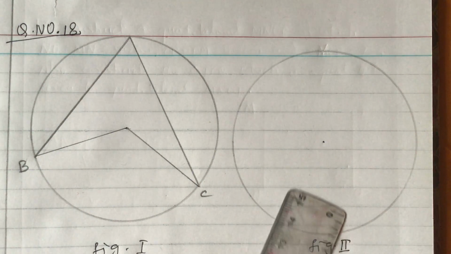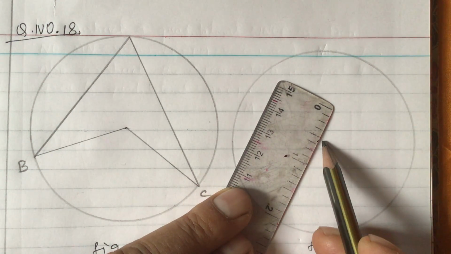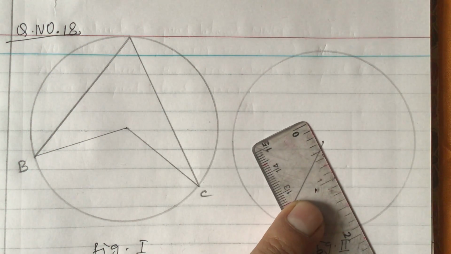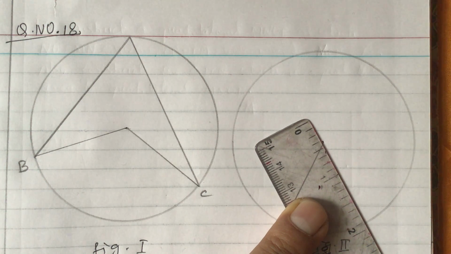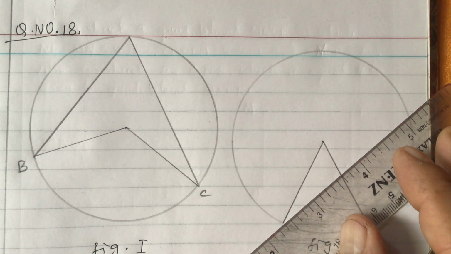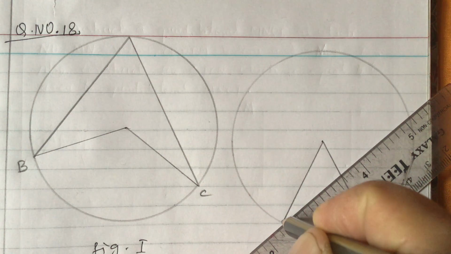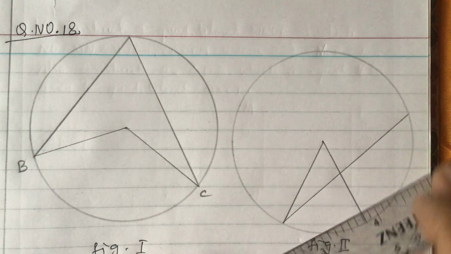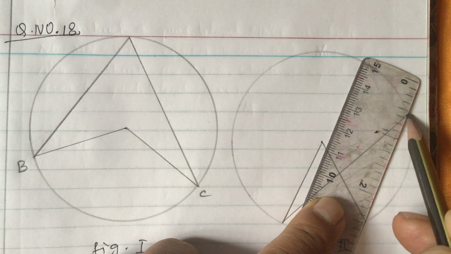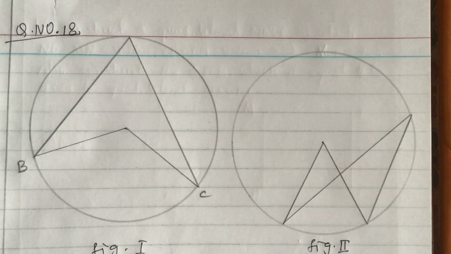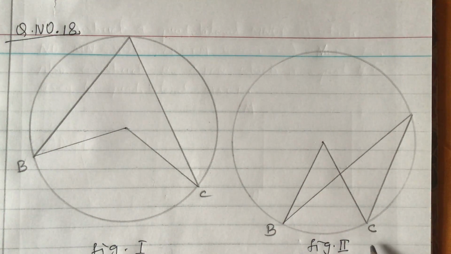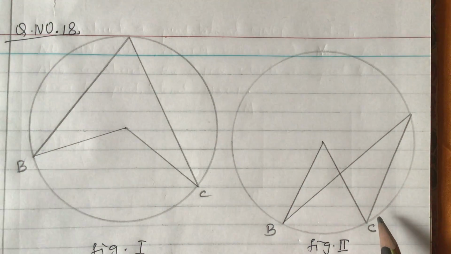Circumference angle means inscribed angle. Okay, always you need to remember. Now another we will make like this type of figure. Always while drawing two figures, it is better to draw two different types of figure. Okay, let's draw like this. In this way also we can make. Okay, so now the arc is not BC, it is BD. Let's see.